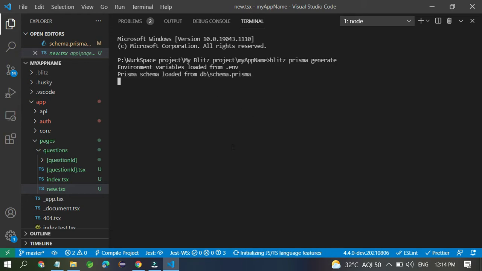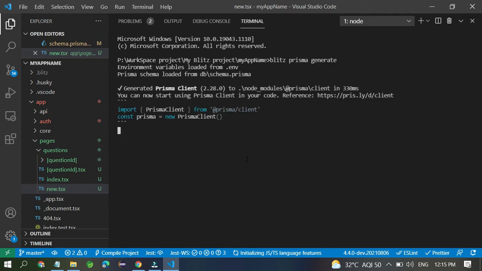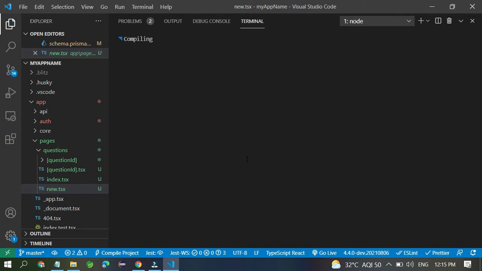Whatever is not generated is automatically generated, and once everything is done, just run Blitz dev. Once you fire Blitz dev,